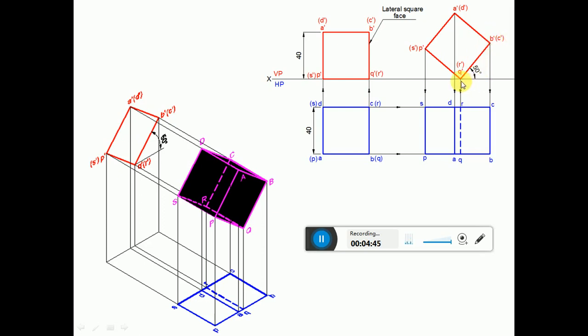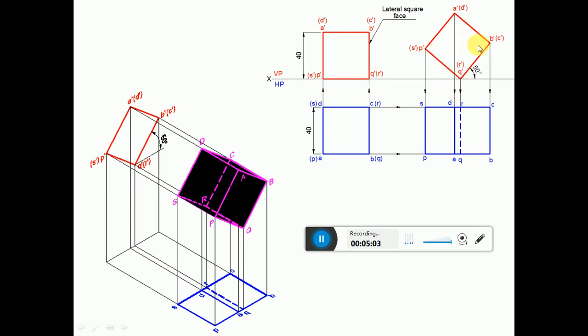So by using the protractor you measure an angle of 90 degrees with respect to Q dash, B dash, and then draw a perpendicular line to this inclined line. Similarly from this point also you draw a perpendicular to this inclined line. Then you measure the length from Q dash to P dash. From Q dash you cut an arc on this.